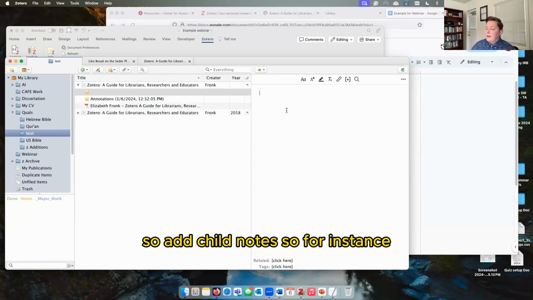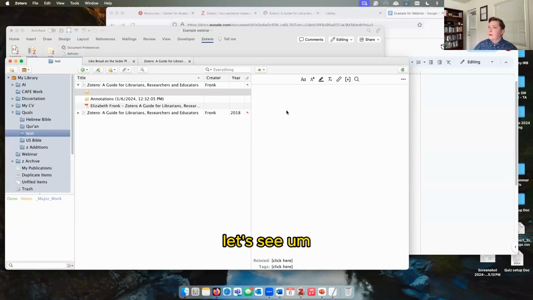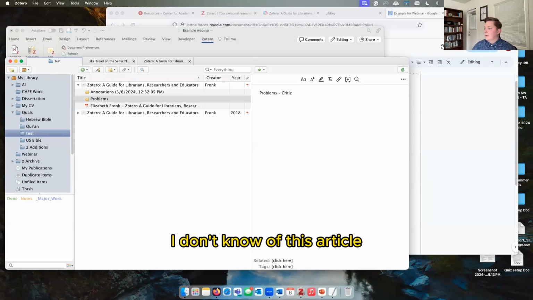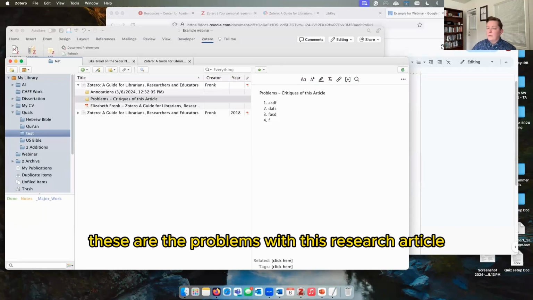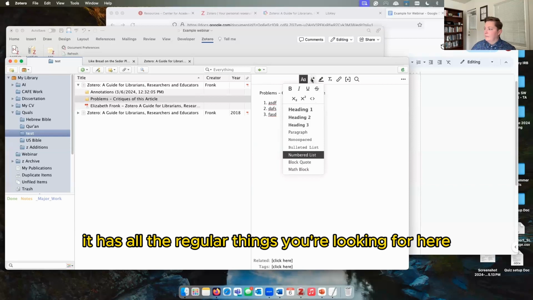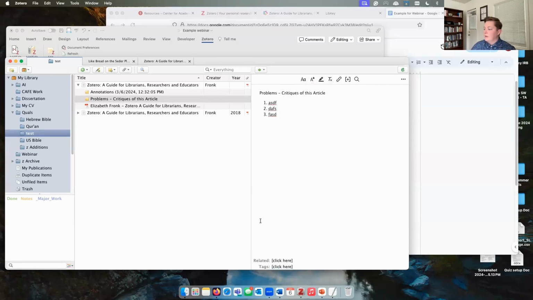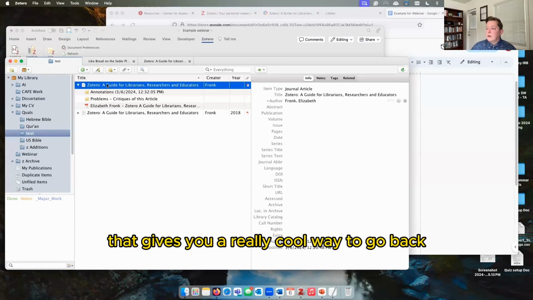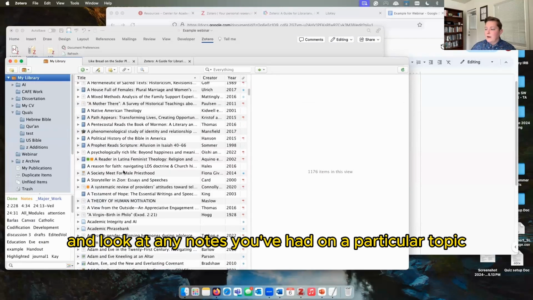Okay. And then you can also do one manually. So add child note. So for instance, I might make a note about, let's see, I don't know, problems or critiques of this article. Then I can list it out, right? Like, here we go. These are the problems with this research article. And it has all the regular things you're looking for here as well. So that gives you a really cool way to go back and look at any notes you've had on a particular topic,